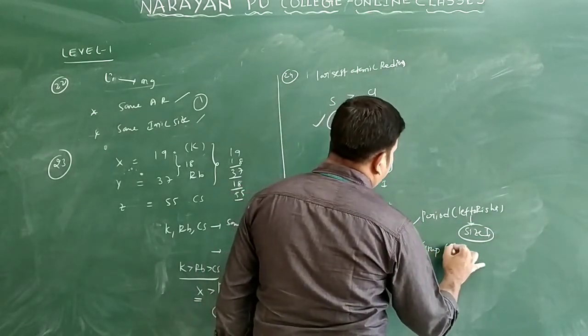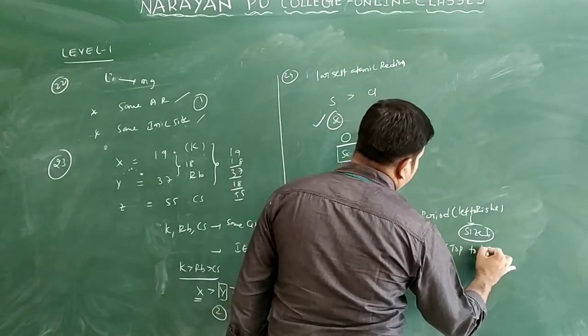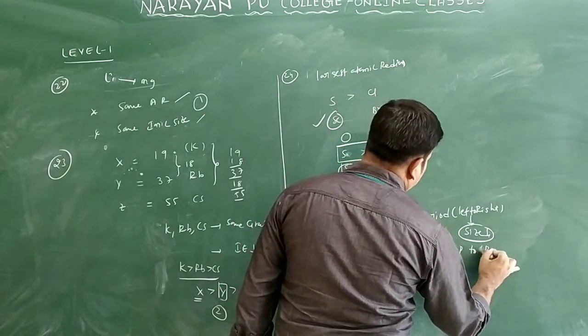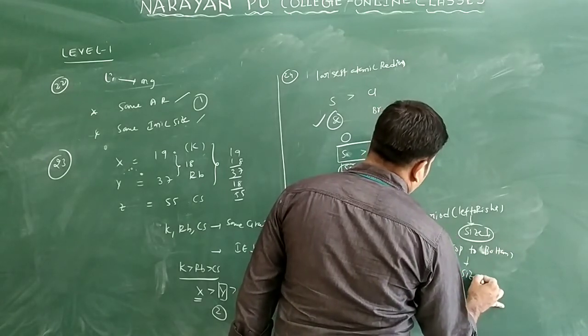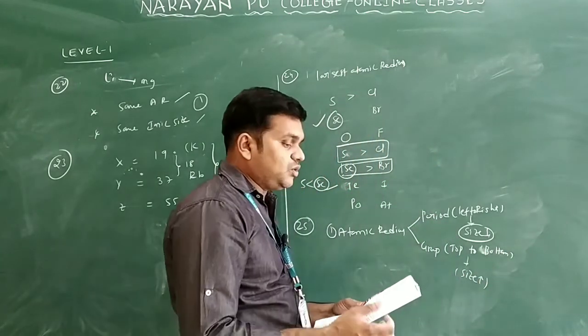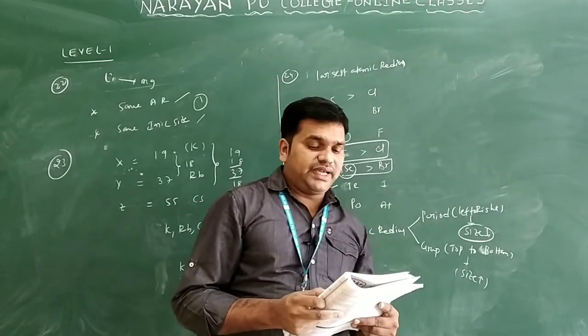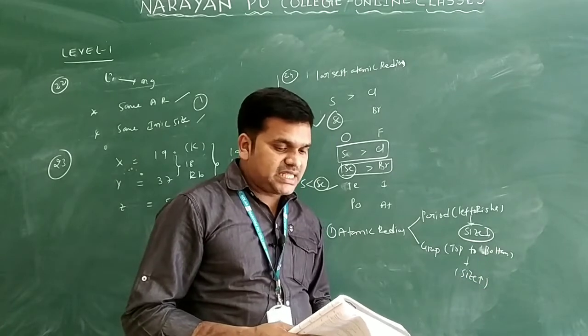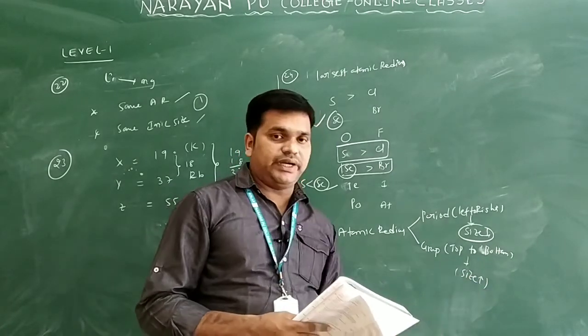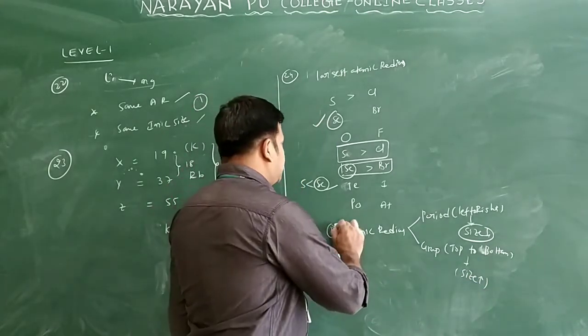Generally in a group we are moving from top to bottom, so size increases. You see the question they are asking: which property decreases from left to right and increases from top to bottom? That is atomic radius only. We will take option 1 for this question.